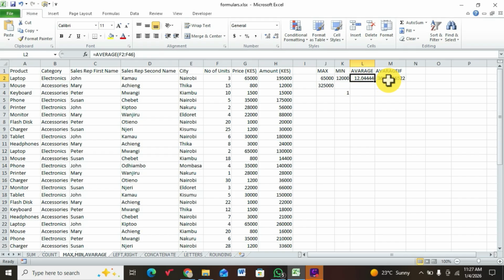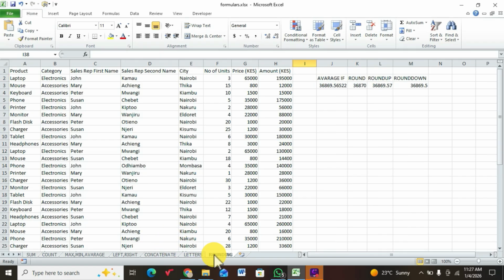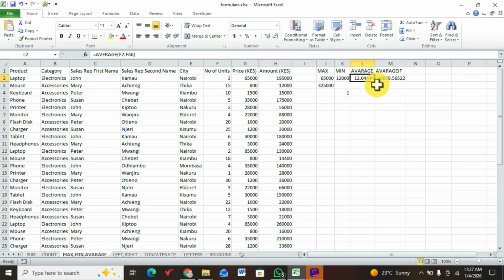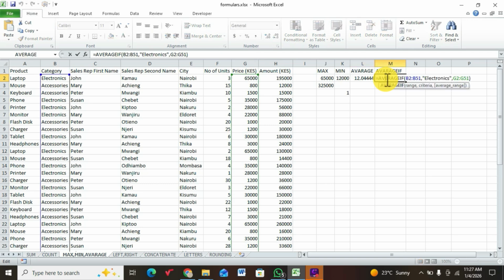So I'll show you how to fit this. I have that lesson. I'll show you how to round off if you have such. Then next is you find the average if. Average if is the average condition